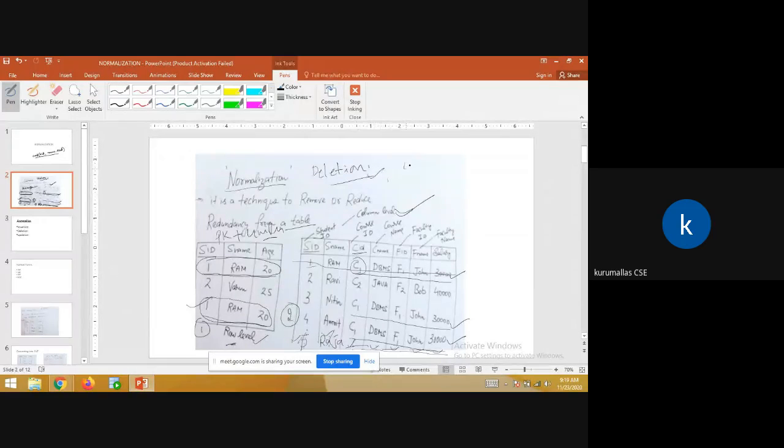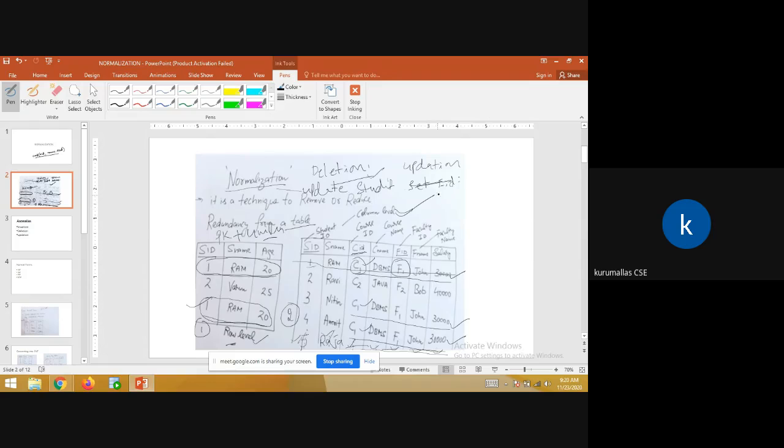Whereas in the case of updation anomalies, look here. The CID is C1, C1, and C1; three C1s are there. If you want to change the faculty of C1 based on C1, how do we update the student table? Update student, set FID